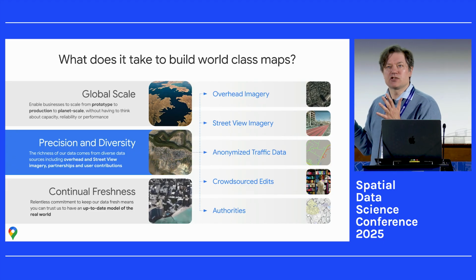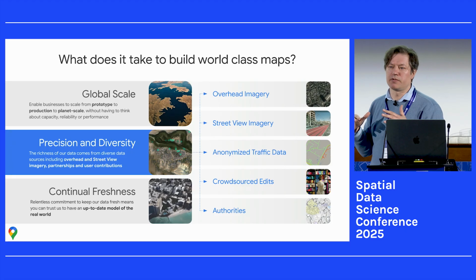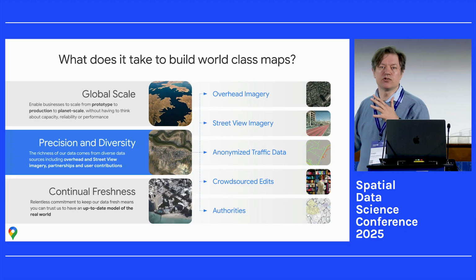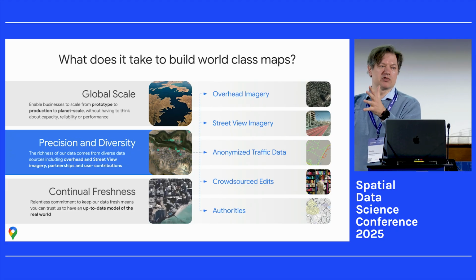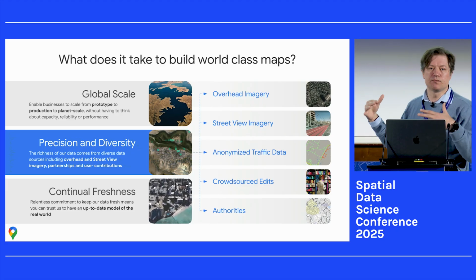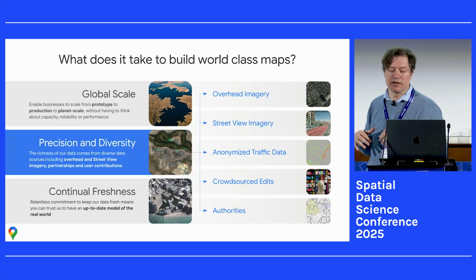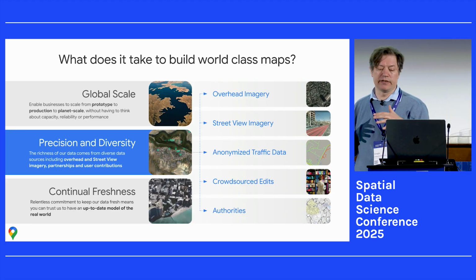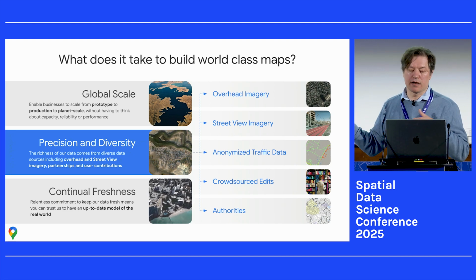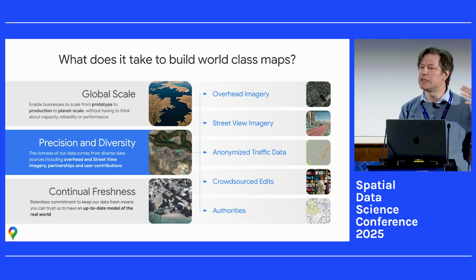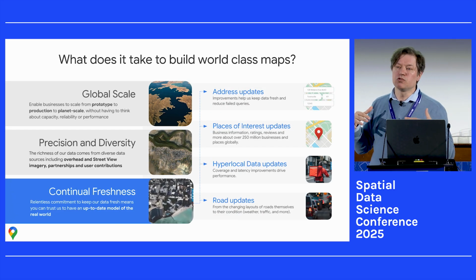Another thing is addressing diverse data. We saw from Javier's talk that LiDAR and other data sets are maybe not even mainstream for geospatial analysis, but they are really useful assets that you need to process internally to keep your elevation models up to date, as well as any location-based data: mobility data, cars, street view. Some of these data sets we also collect, combine, and aggregate. And then, of course, you need to keep it fresh.